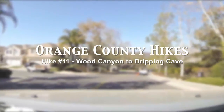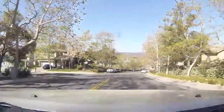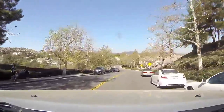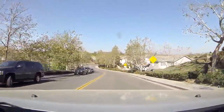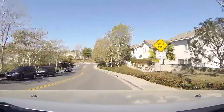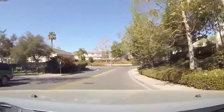I'm about to pull up to the trailhead, and per the book, it's in a residential area, so it looks kind of weird. But anyway, it's right here. You just park along the street, and I guess you can't park on this side. You gotta park on the other side. But anyway, yeah, street parking,